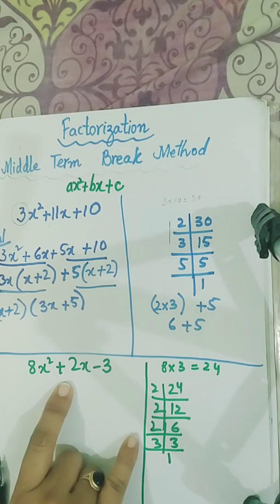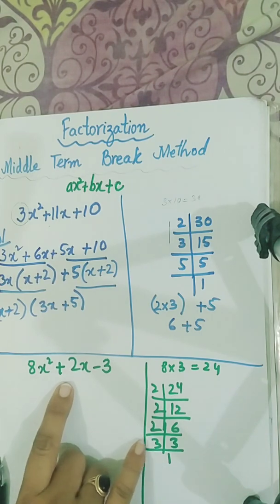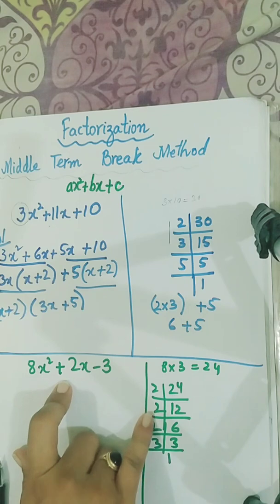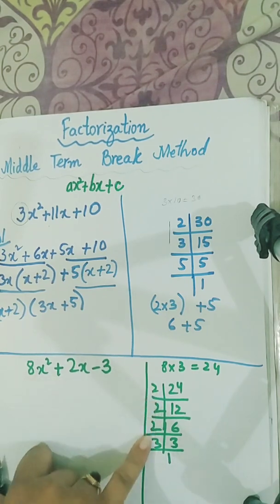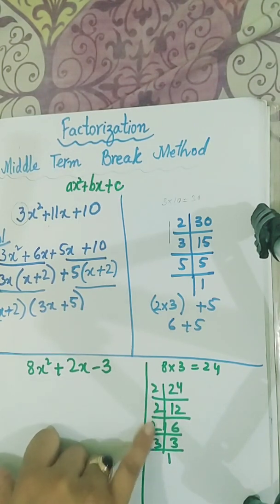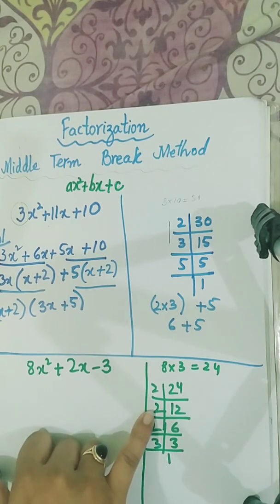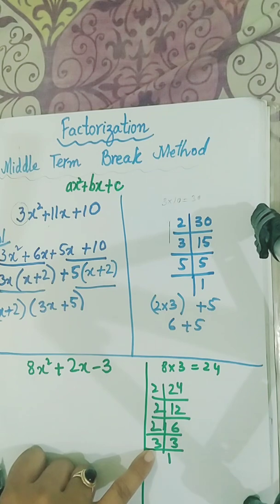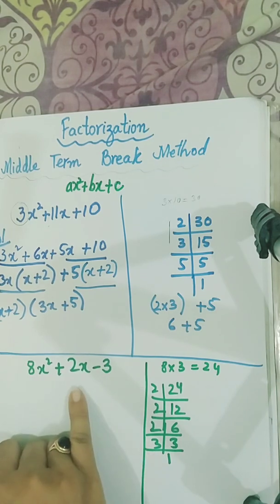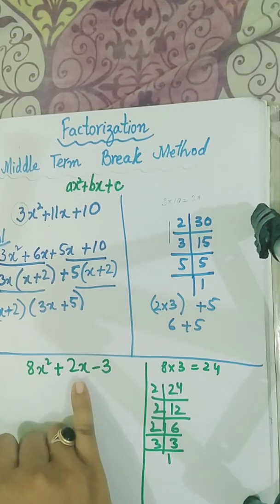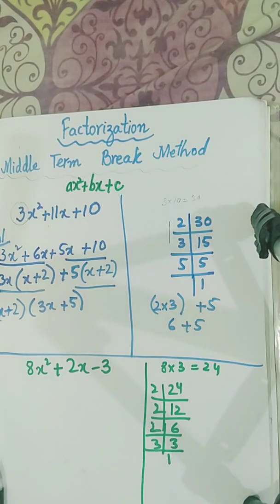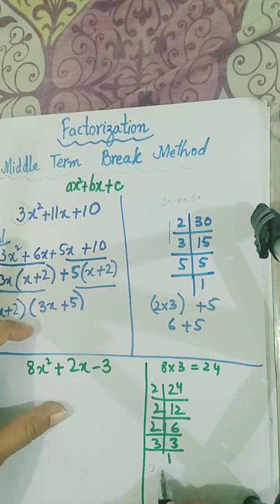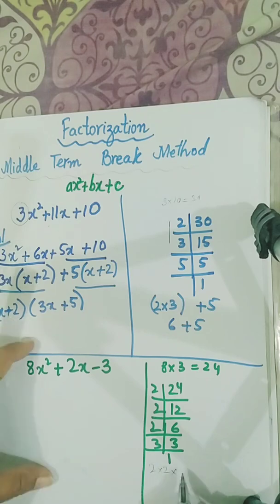What can I do with that? If I want to make 2x, can I multiply? If I multiply all three numbers, 2 times 2 times 2 will be 8. 8 minus 3 is equal to 5. No, I don't want 5, I want 2. Right? What I have done is multiply 2 by 2 by 2 minus 3,